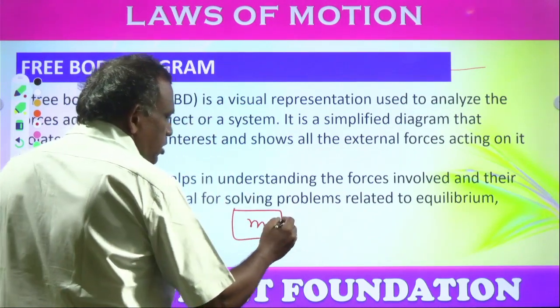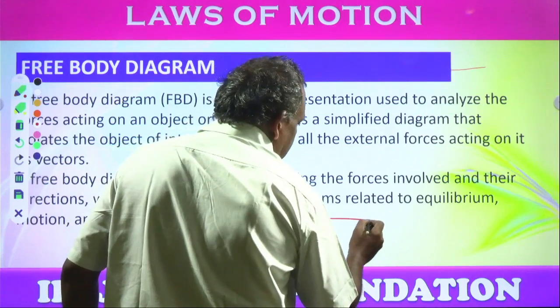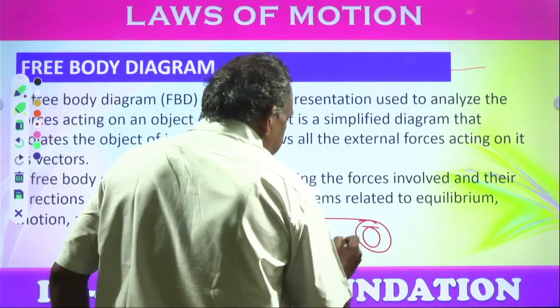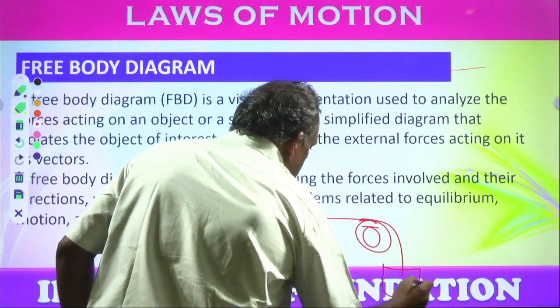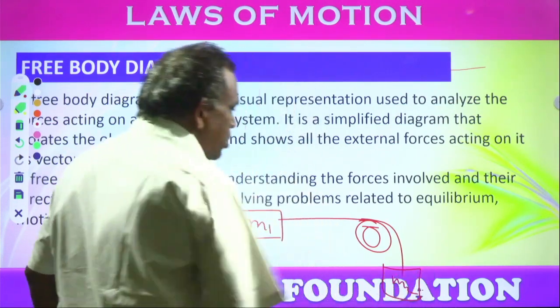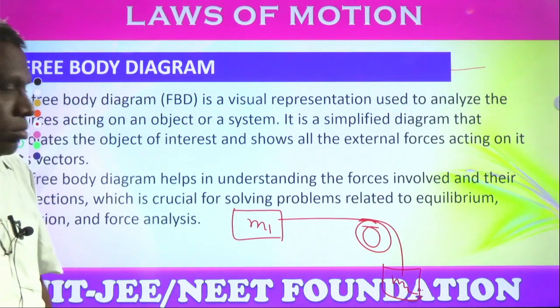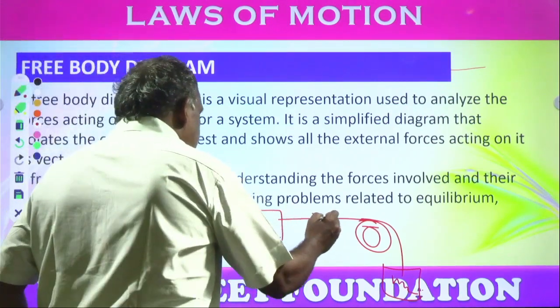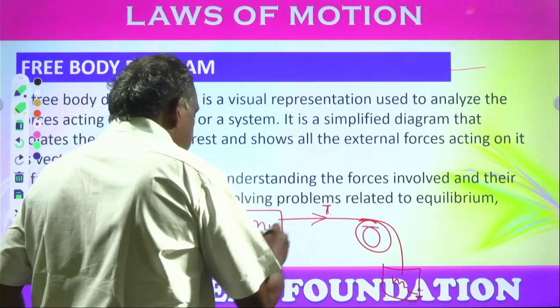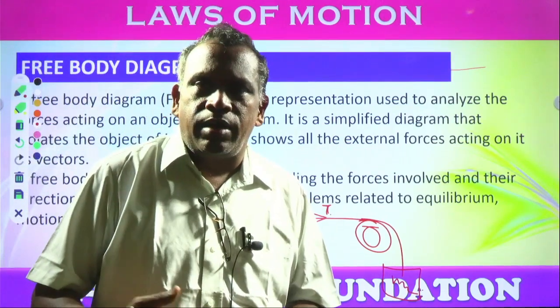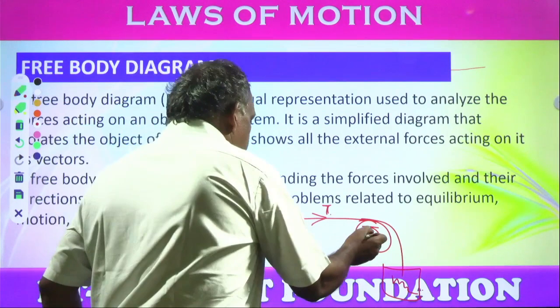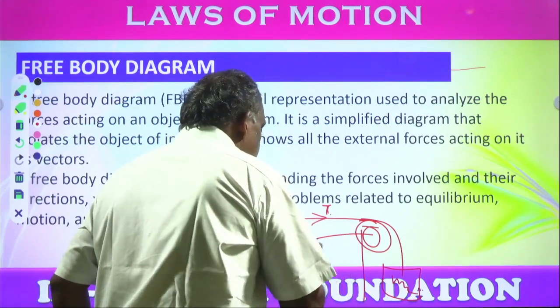M1 is the object which is connected with the help of a string or rope which is passed over a pulley and is suspended. There is another mass, M2. So M1 and M2, and there is a tension in the string, T. If you draw the free body diagram to do this type of problem, you can see in this actually